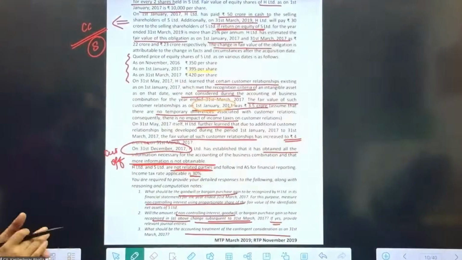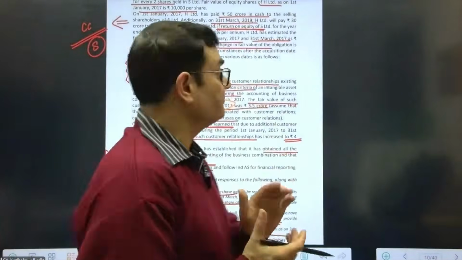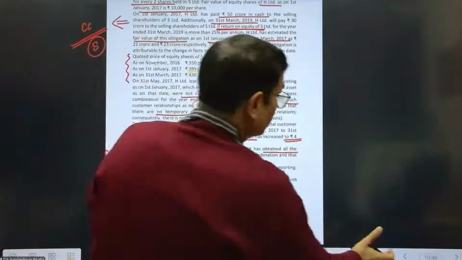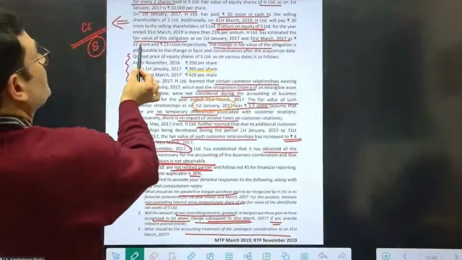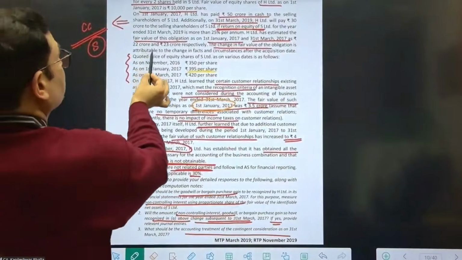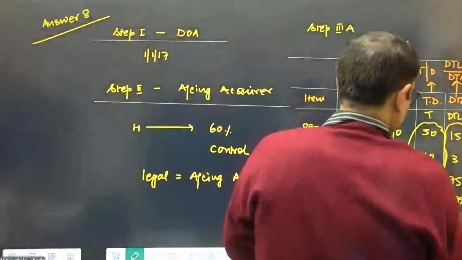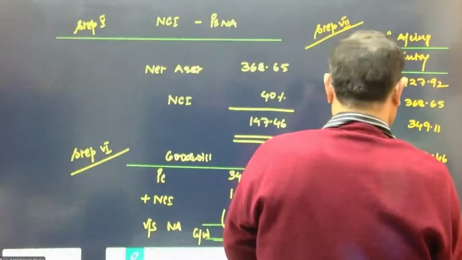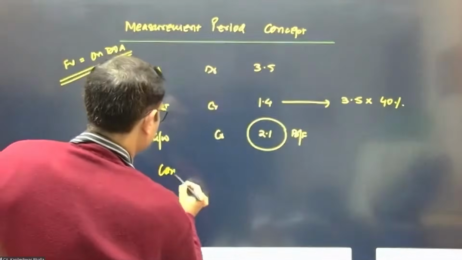It asks what is the accounting treatment for the contingent consideration. Can I say the contingent consideration will be considered at fair value and any changes in the fair value will be taken to the P&L because it's a financial liability by virtue of Ind AS 109? So let's see where the contingent consideration fair value is. Here itself, we are given the fair value. The fair value of the contingent consideration has gone from 22 crores to 23 crores. So we'll make a mention on the contingent consideration. This is the next agenda.